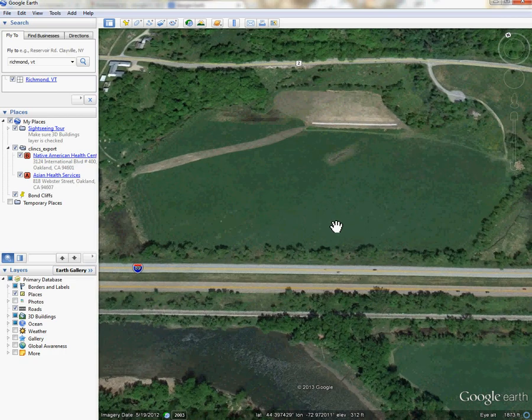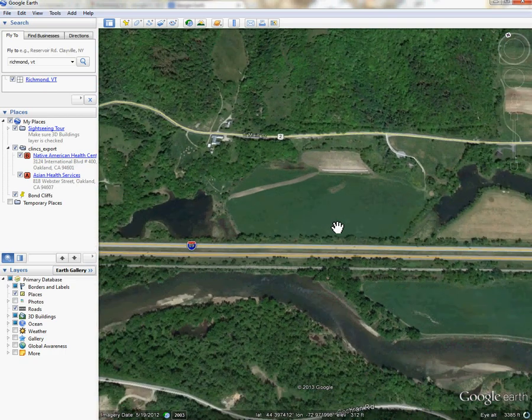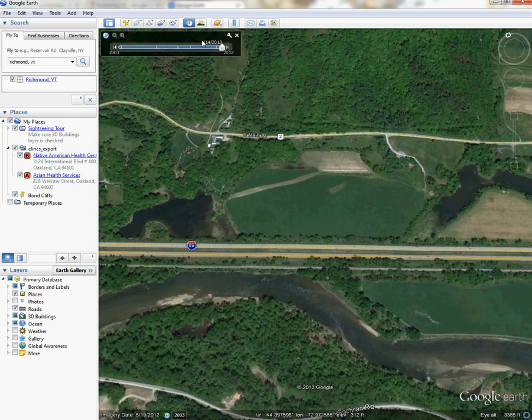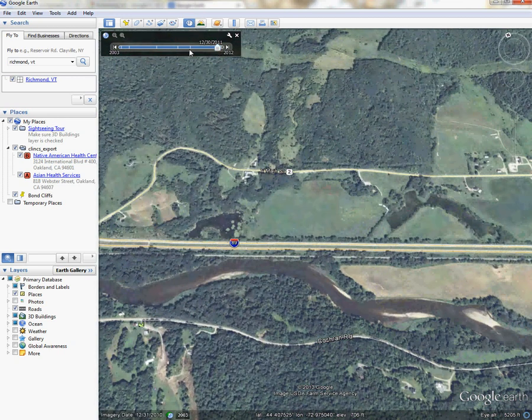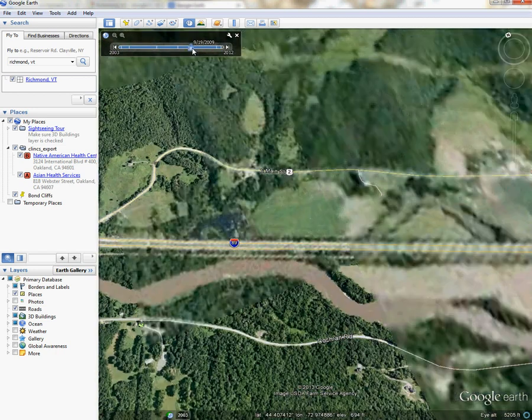Finally, the last thing on Google Earth that is really helpful is historical imagery. So if you click up here, this little clock symbol with a green arrow going in a reverse clockwise direction, you get this little bar that has dates on it. So right now it's 2012, and it looks like the imagery we have for this area only goes back to 2003. But what we can do is change and go to any of these little lines on the timeline and see imagery from different